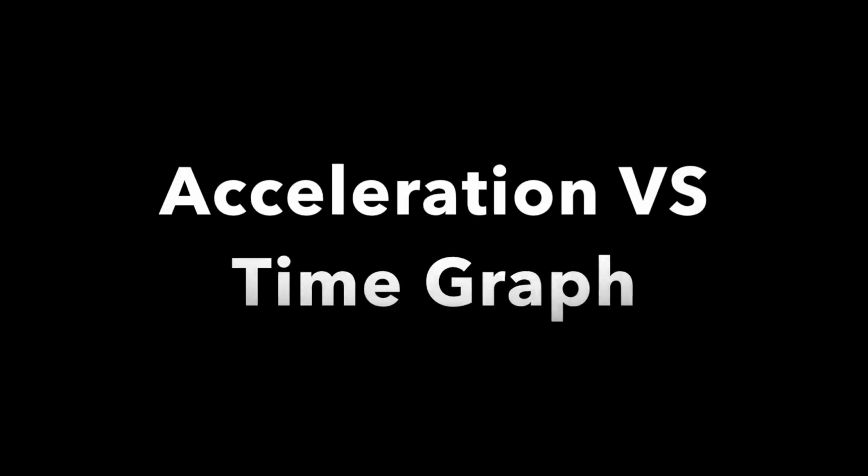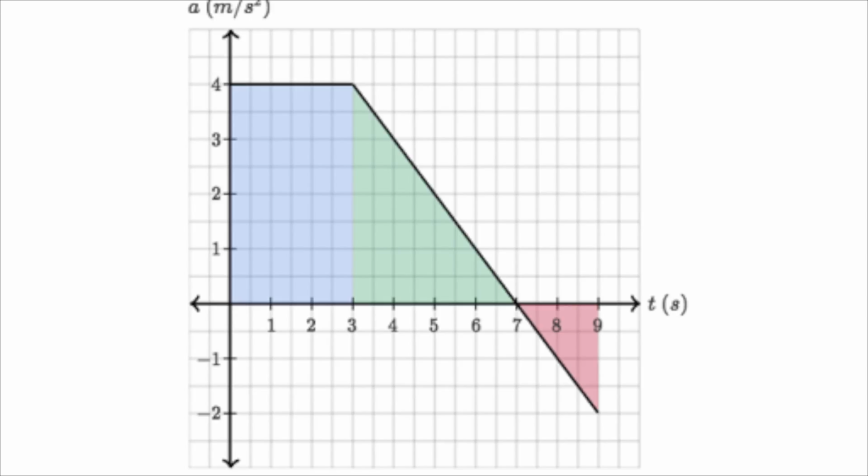Acceleration versus time. Acceleration is defined as the change in velocity over change in time. Since the acceleration graph is closely linked to velocity, we can solve the change in velocity by multiplying the acceleration with the change in time. For example, in order to find the velocity from 0 seconds to 3 seconds on the graph, we can simply multiply the acceleration 4 with 3 seconds time in order to get the velocity rate, which is 12 meters per